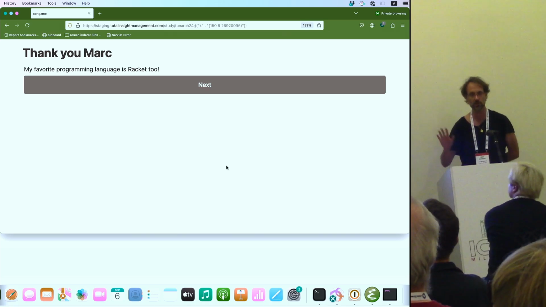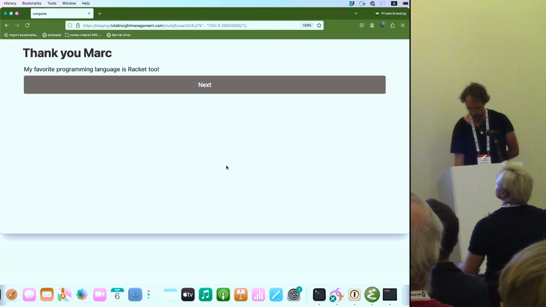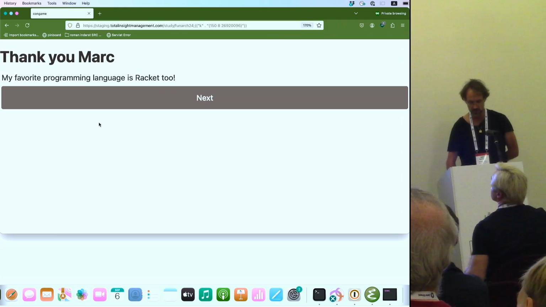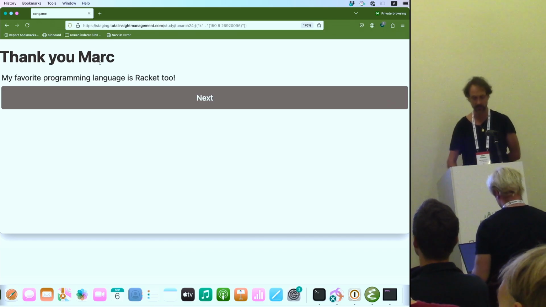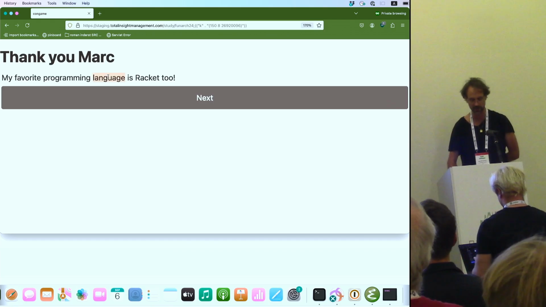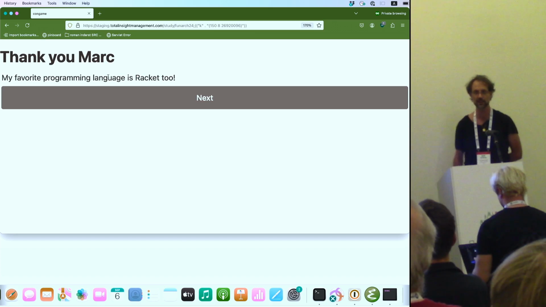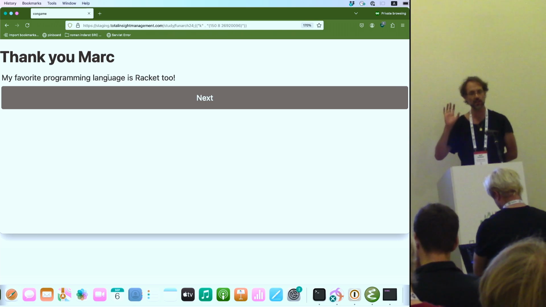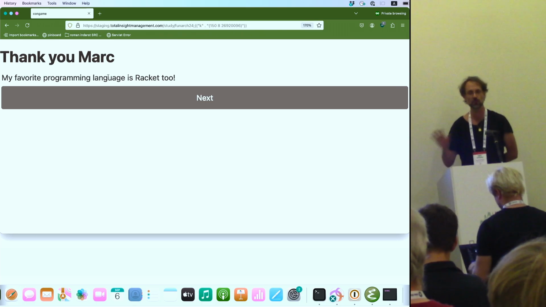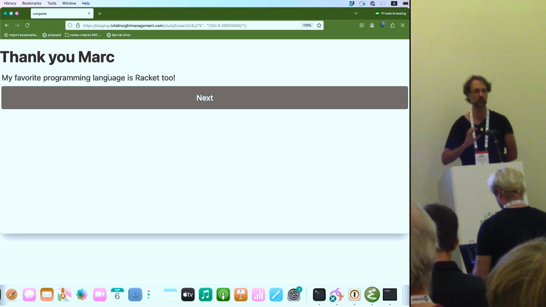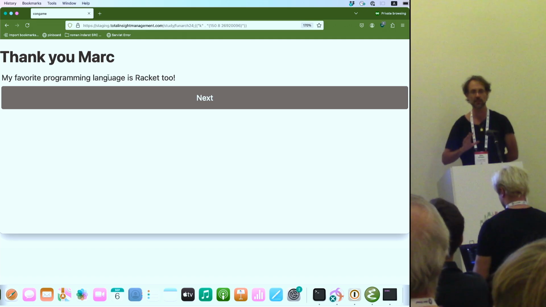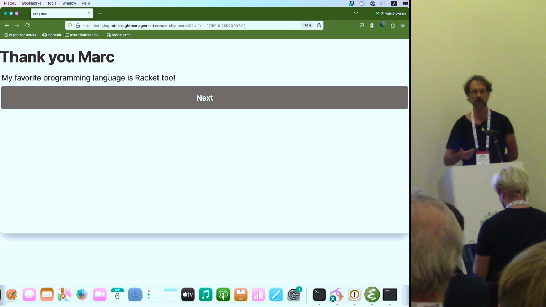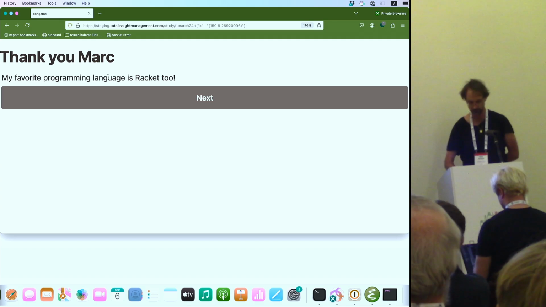All right, so now the main thing I want to point out, just going to the next page, nothing earth-shattering at all, but obviously this page responds to what I've done. Let me make it bigger. So, you know, it has tracked my name. It has responded to the fact that I said Racket. It says its favorite programming language is Racket 2. So, in short, this is just very stateful applications is what we want to write on the web. That's the main thing that I would like you to take away, technically speaking, for economics experiments.